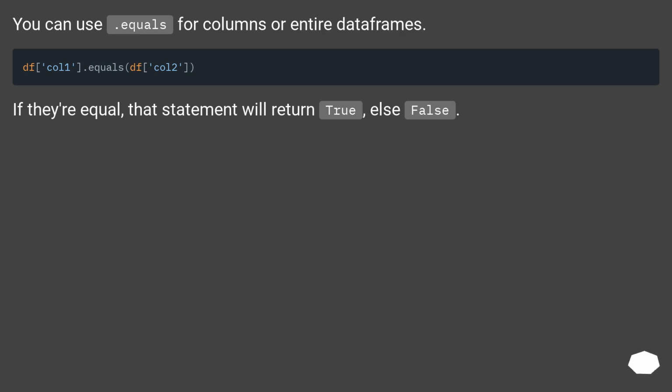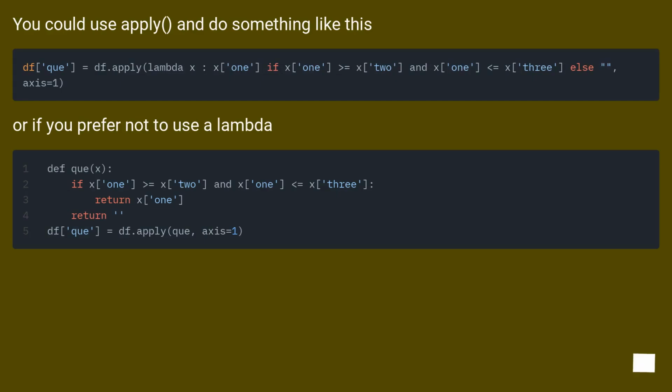You can use .equals for columns or entire data frames. If they're equal, that statement will return true, else false. You could use apply and do something like this. Or if you prefer not to use a lambda: